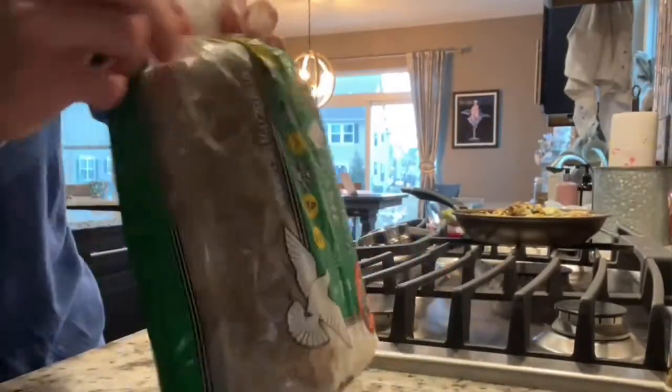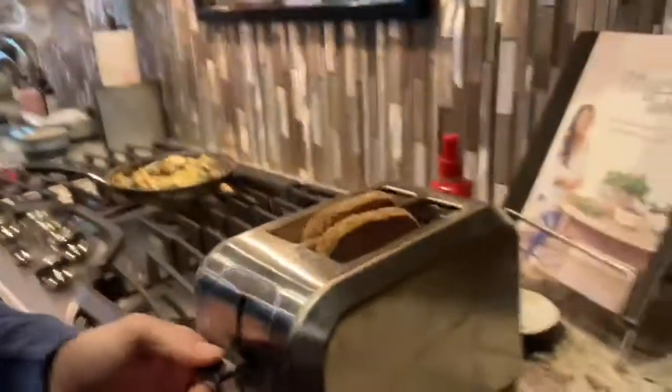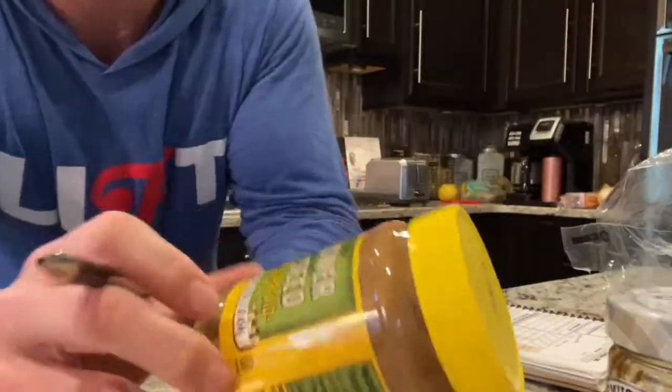If you like the super bread from Trader Joe's, this is the way to go. So you just freeze it. There's 80 calories per slice. Now you got toaster vision right here. Toaster vision. There it goes. My settings are all kind of discombobulated when it comes to my toaster, so I really have to pay attention so it doesn't burn. So while that's cooking, let me share with you some of the sunflower seed,